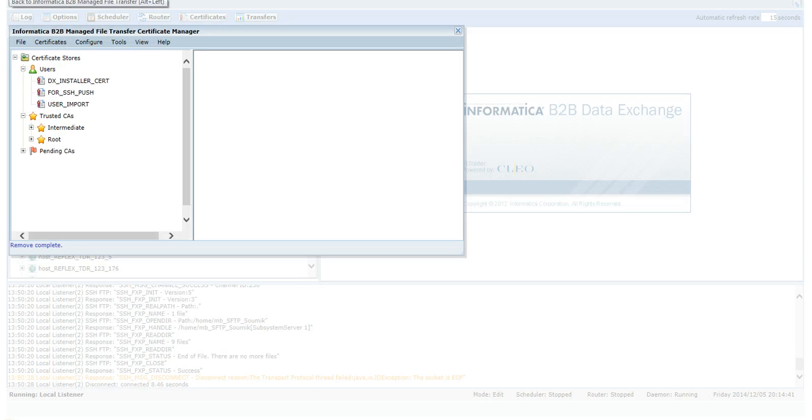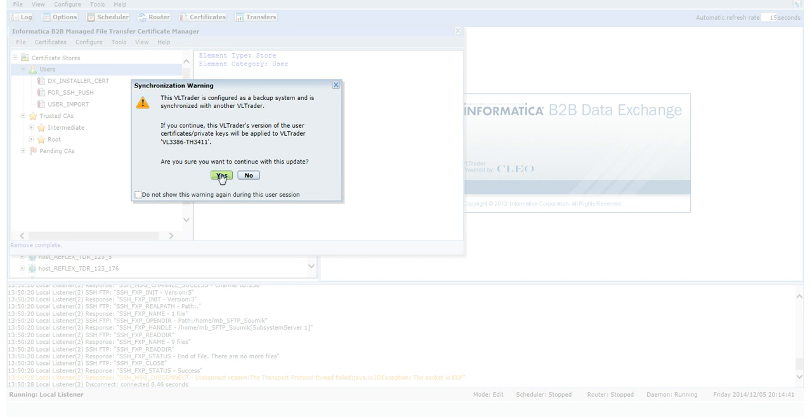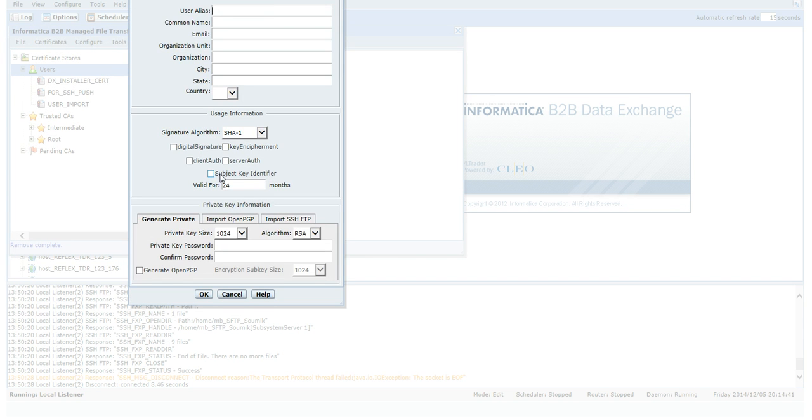So we are in the MFT console and I have clicked on the certificates. We need to know how to create the SelfSign certificate. I have clicked on the users. We'll right click on the users, click on generate SelfSign user certificate, click on yes,